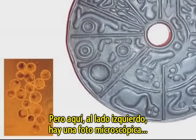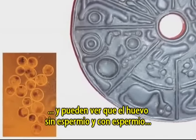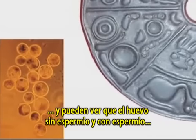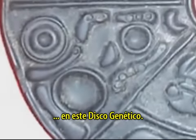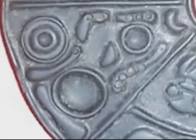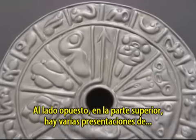But here on the left side you have a microscopic photo from the inside of a lady done by a Swedish photographer, and you can see that the egg without and with sperm looks exactly like the presentation on this genetic disc. On the reverse side you have on top several presentations of